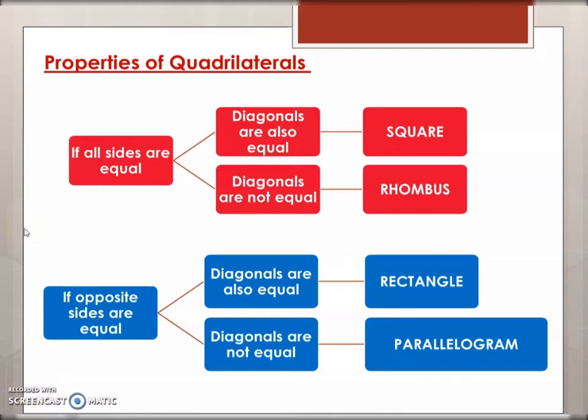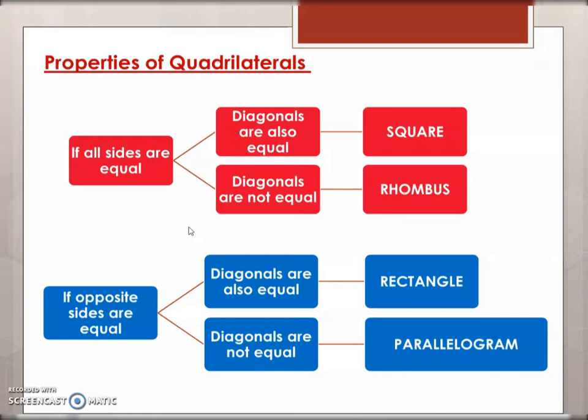So now we will discuss the application of distance formula in finding out what type of quadrilateral is formed when the vertices are given. For that, first let's revise the properties of quadrilaterals which we will be using in the next few problems. So using distance formula, if you are given the vertices of a quadrilateral, how you can determine what type of quadrilateral is being formed there.